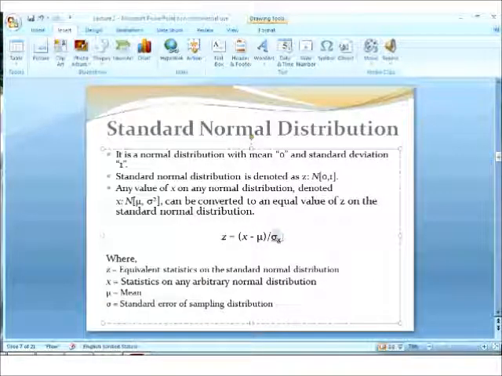This value is the standard error. How do you compute it? The standard error is equal to the standard deviation divided by the square root of the sample size. You compute this, and then you compute a z-value. Now you select a certain significance level, a certain confidence level for your claim. Let's say you are 90% confident about your claim, which means you are allowing 10% error, or type 1 error, in your claim. So based on that